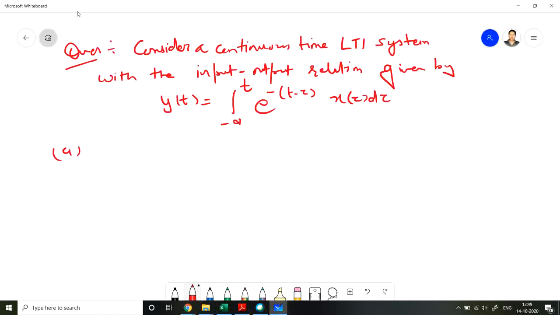So the first part is, find the impulse response